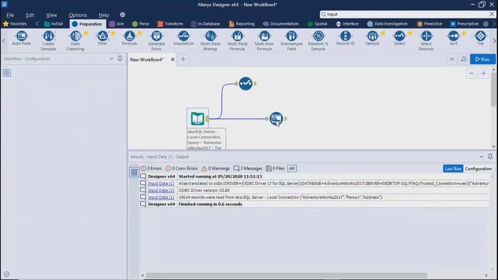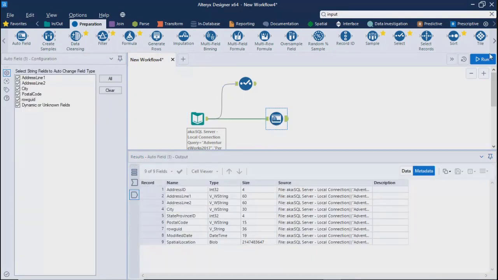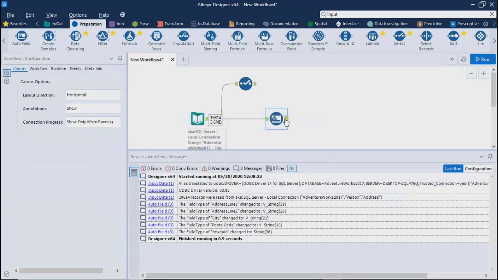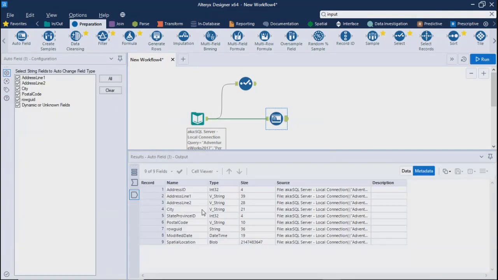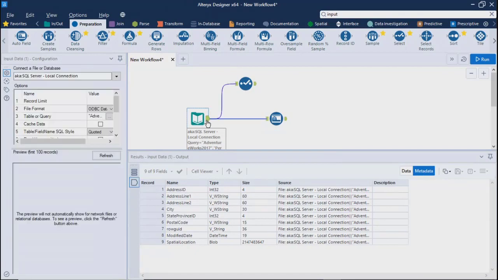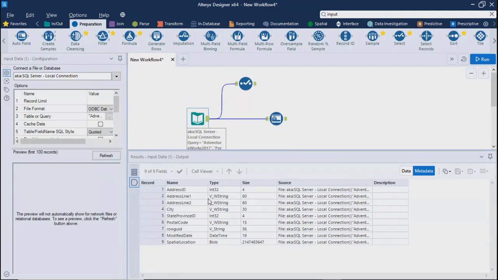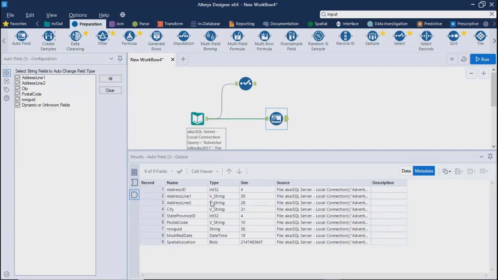But if you run your workflow and see the data types going through the auto field tool, I don't think it has changed any. Yes, it has changed. Over here, it was v underscore W string. Using the auto field tool, it has converted that into v underscore string, because it might not have found any special characters there.